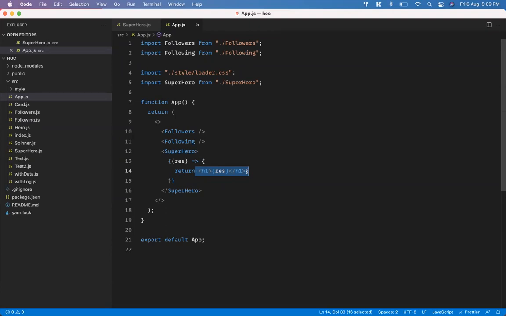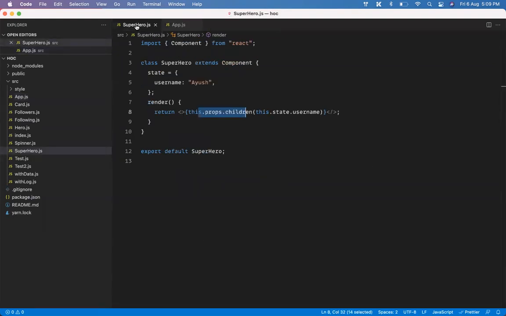So using render props, what happens is I will give you the data, I will give you the information, and you take care of it in whatever way or form you want to. Means the UI and everything will be taken care of by you. All I'm going to do is to give you the data. Whatever you need, I'm going to give you that. Not only that, you can put the whole logic here.